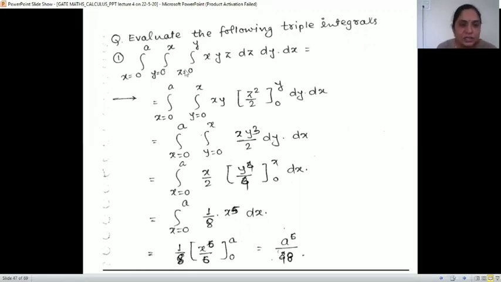First is 0 to y. See, suppose it is not given to you, x, y, z. So this is 0 to y, this is 0 to x, and this is 0 to a. We know this is constant, and this is 0 to x. As constant, we can give anything to this, but as this is a function of x, these are limits of y, right? And as there is y, we have to give it z or either x. Functions of x are limits of y, functions of x, y, z, anything, are limits of z, and constants are limits of x.